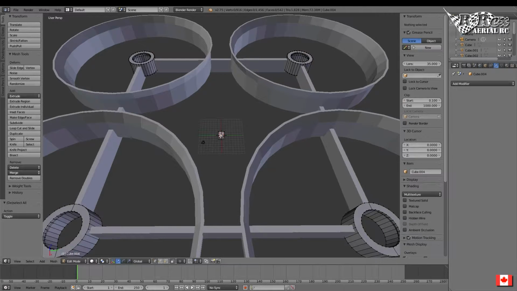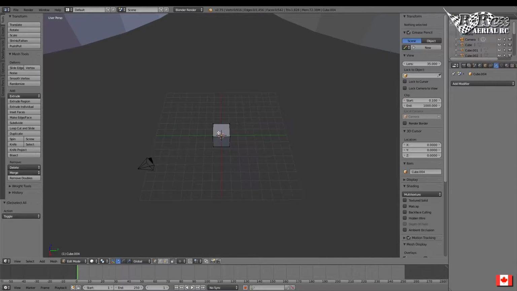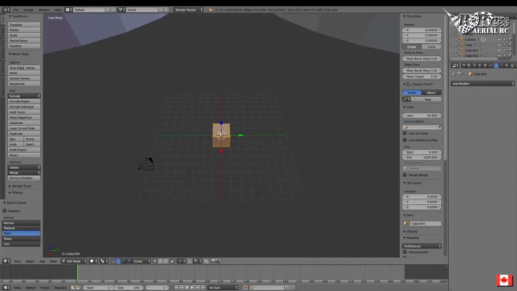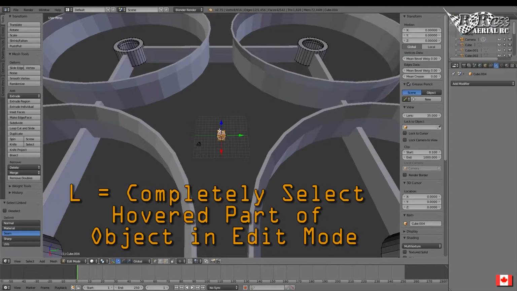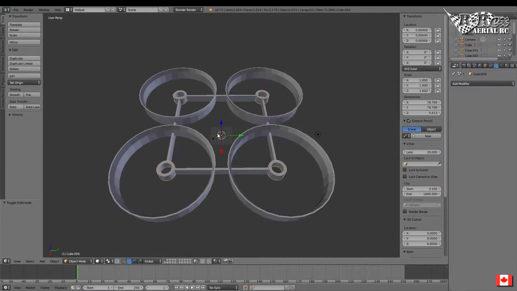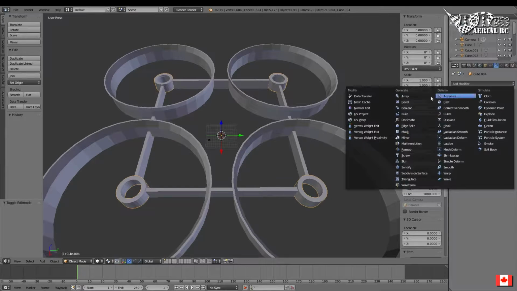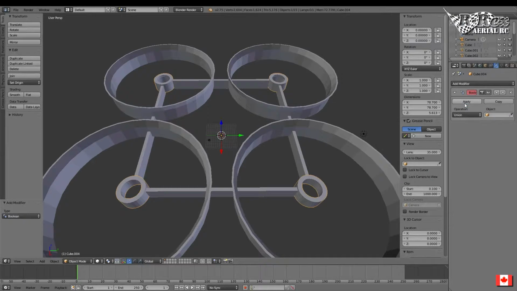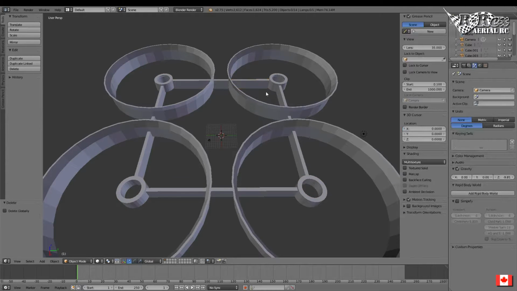A to unselect everything, hold my mouse over top of an object, and press L. L will select everything that is attached to that. I'm going to press Delete, select Vertices. Now my objects are still centered at 0 as one item. Go back over here, I'm going to go Boolean, Union, select, apply, delete the original,